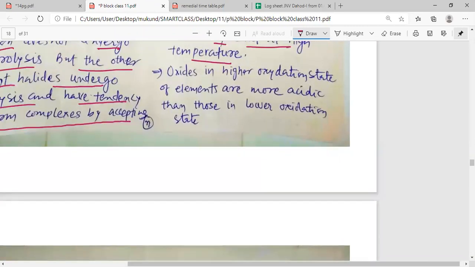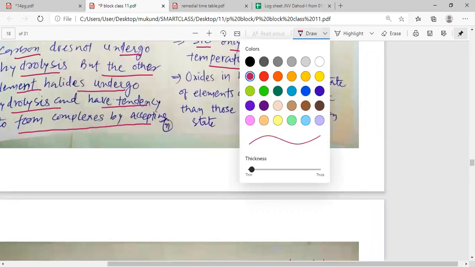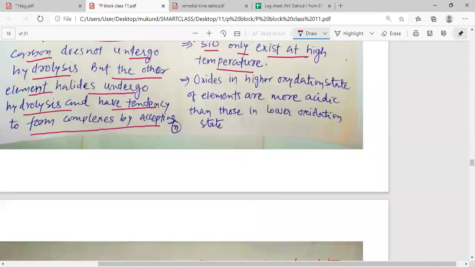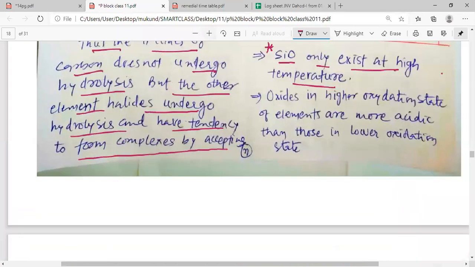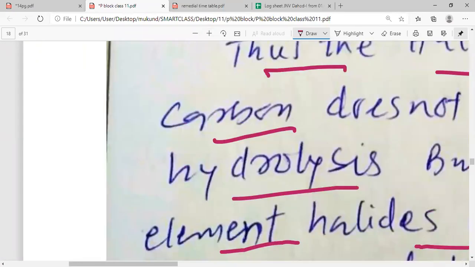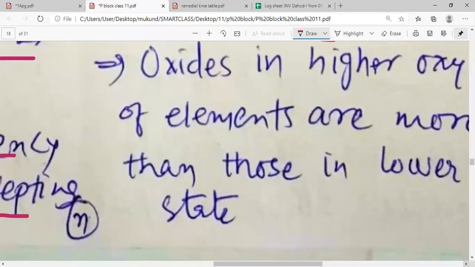Oxides in other oxidation states, my dear students. So oxides in higher oxidation states, if you look into the oxides of the higher oxidation state, dear students,